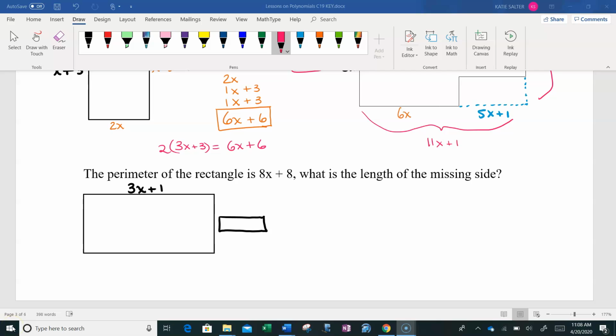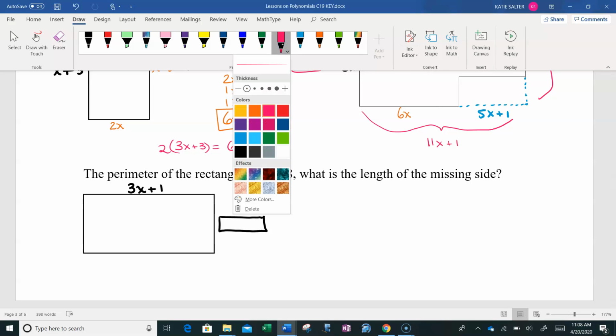All right, last problem for today. The perimeter of the rectangle is 8x plus 8. What is the length of the missing side? All right, so guys, what we know again, if this is a rectangle, we know that if this is 3x plus 1 right here,